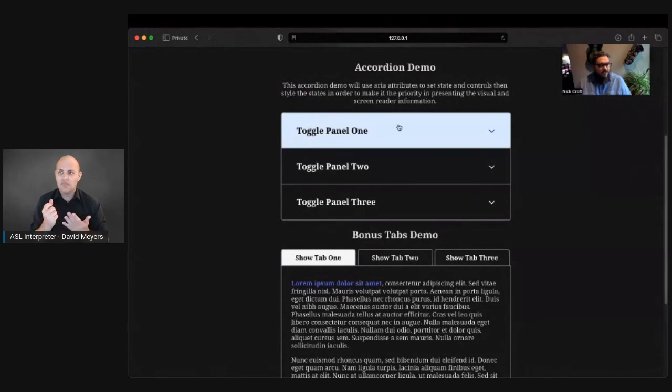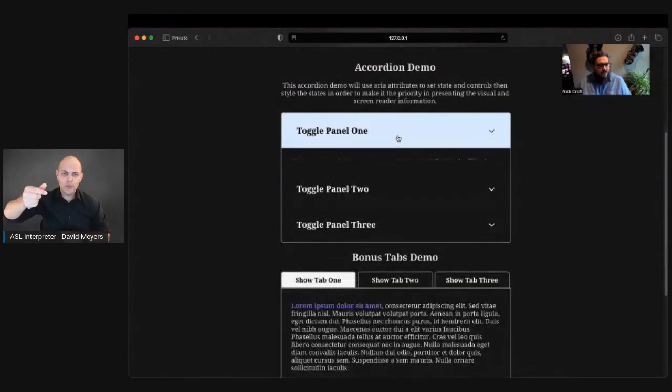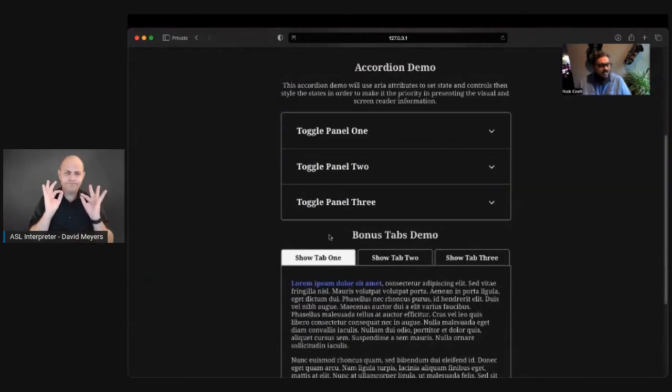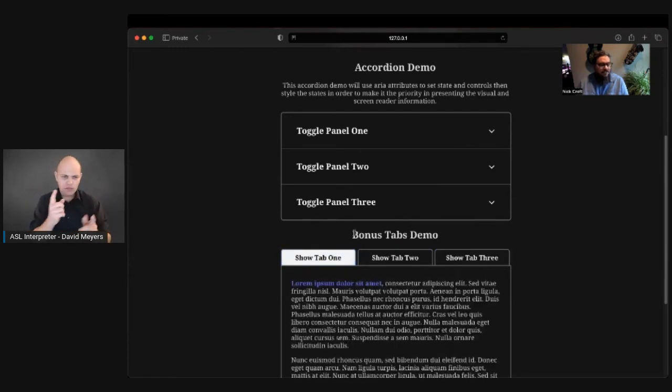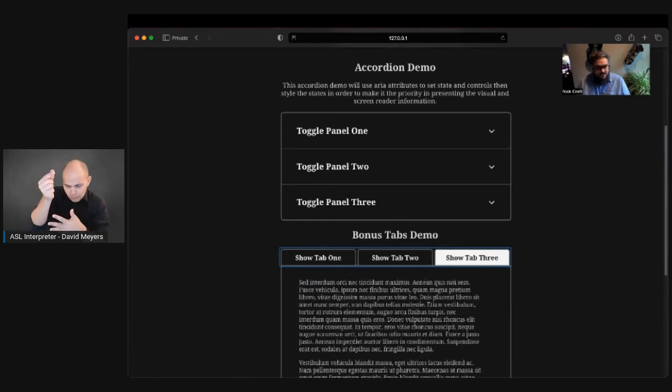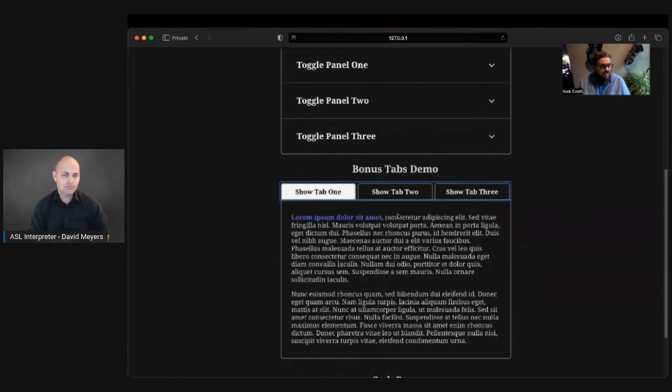Everything is working really well. As you'll see, if I click on this, that rotates around, this animates down, all things are happening and working correctly. One of the things that I did is also have a tabs demo. I don't have quite enough time to go through all the code, but it's really similar. And you just click on it, everything works correctly. All the ARIA controls, all of the different ARIA describedby and labels all work correctly. The fun thing about this one is if you use your tab key, you actually focus on the tab group, and then you're able to use your keyboard left and right arrows to navigate through all of this. Otherwise, it works pretty much the same.